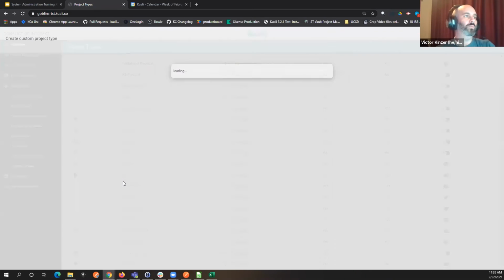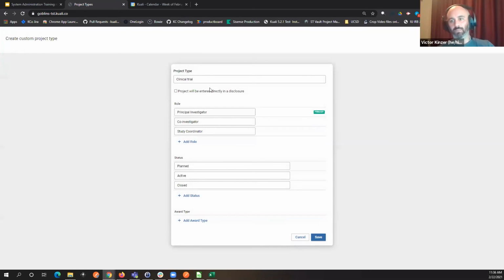So if I open up one of these, you can see what I'm able to configure. I'm able to configure the name of the project. What are the roles I want to list on the project? They might not be the same roles that are used for the grants. And then what are the statuses we're going to check, and then the award type that can be